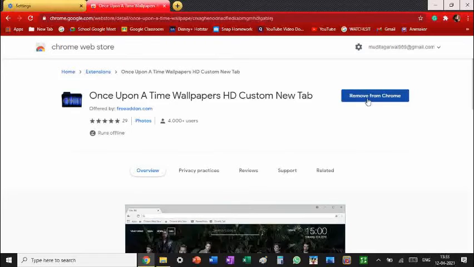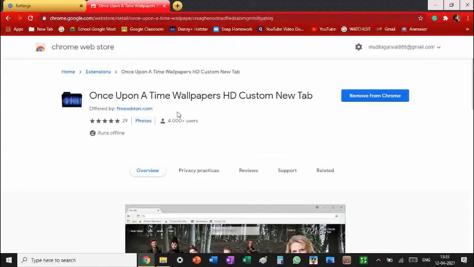Now here you can simply add to Chrome, then you'll get a little bit of pop-ups for adding the extension and confirming it, and after all the pop-ups and everything, you will get your theme, you'll get your backgrounds in Chrome